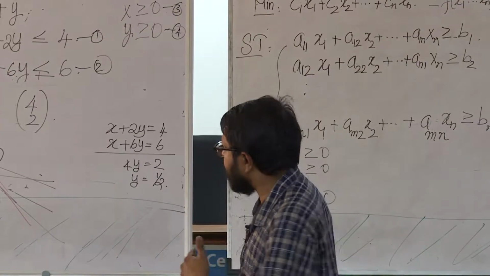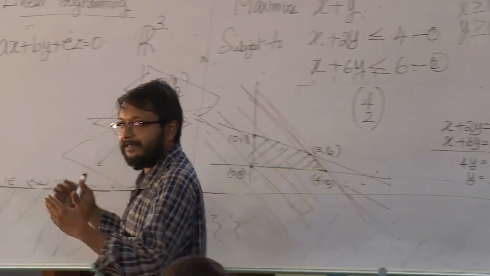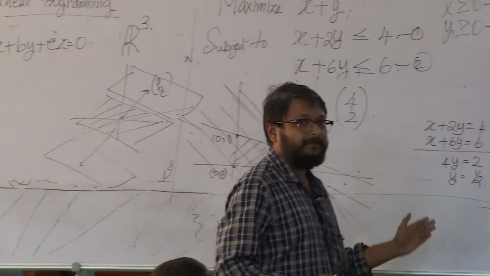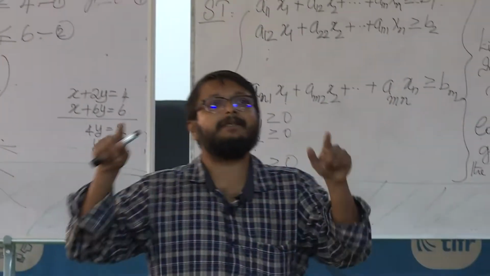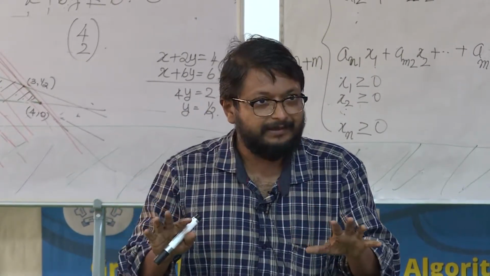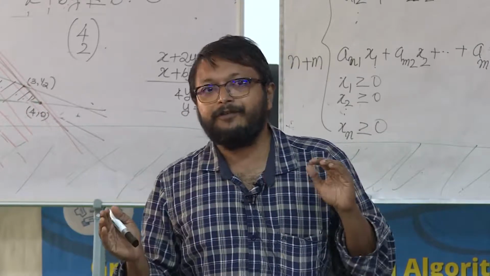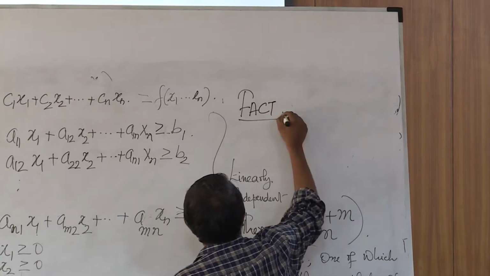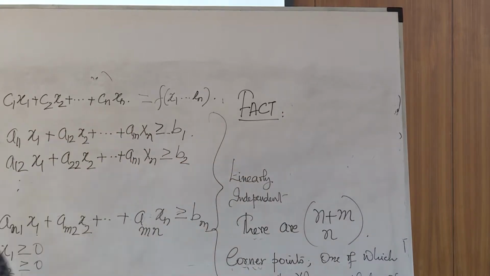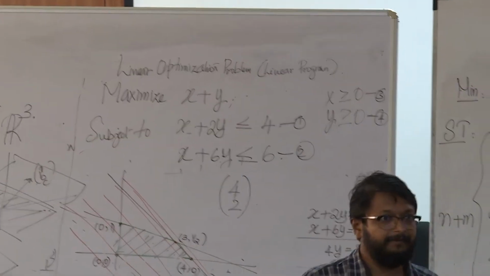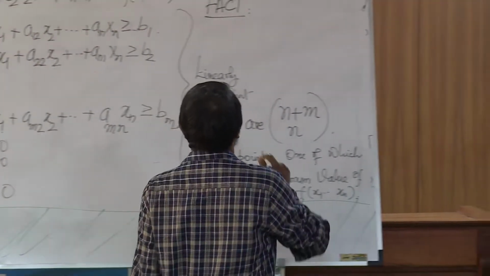So, this although is a continuous mathematics problem, this observation that there should be a corner point optimum changes the problem into an algorithmically solvable question. This is the first point to understand. And therefore, linear programming, it turns out, the fact is that assuming that the constraints are all rational numbers, a linear programming problem can be optimally solved